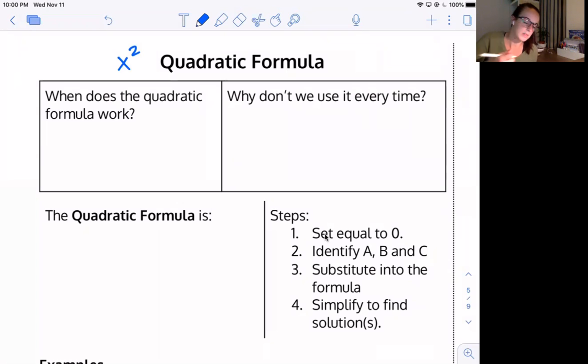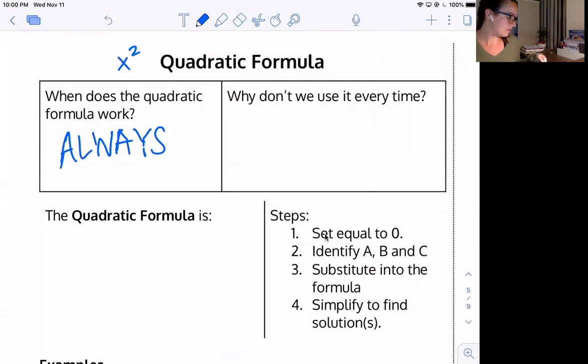When does the quadratic formula work? It works always. It works in every situation. There are no situations in which it doesn't work. Then you might be wondering, Miss Mac, why did you not teach us this first? Then we wouldn't have had to learn all the other ways. So we don't use it every time